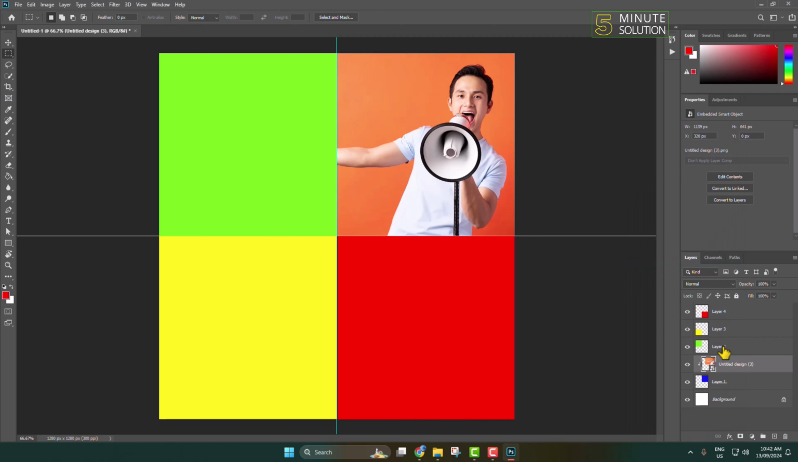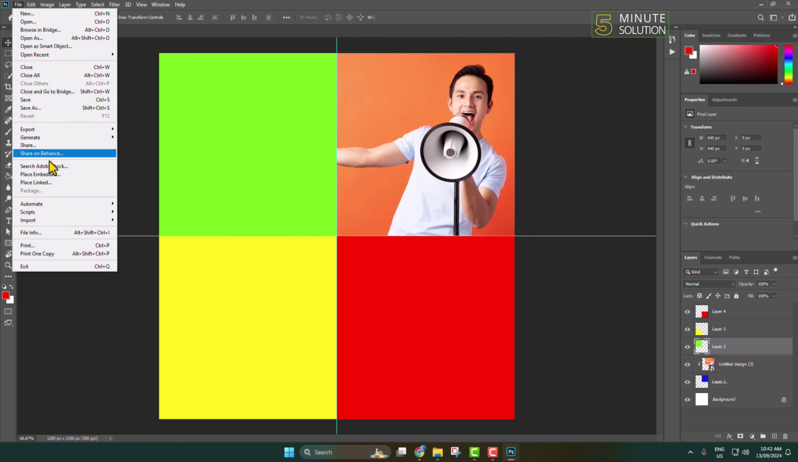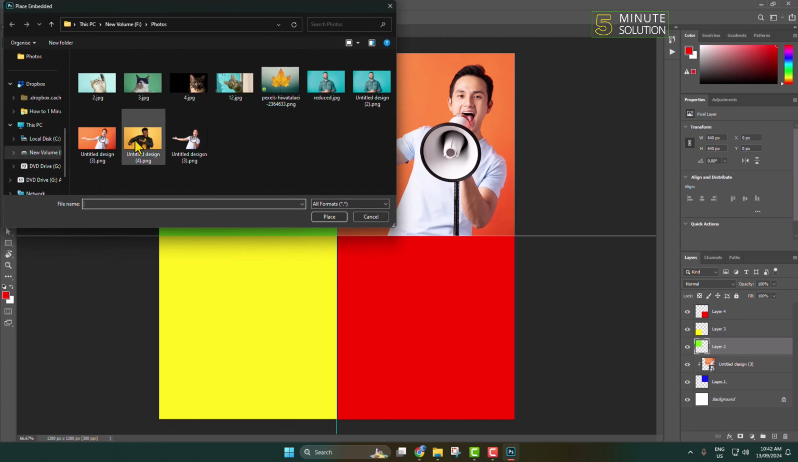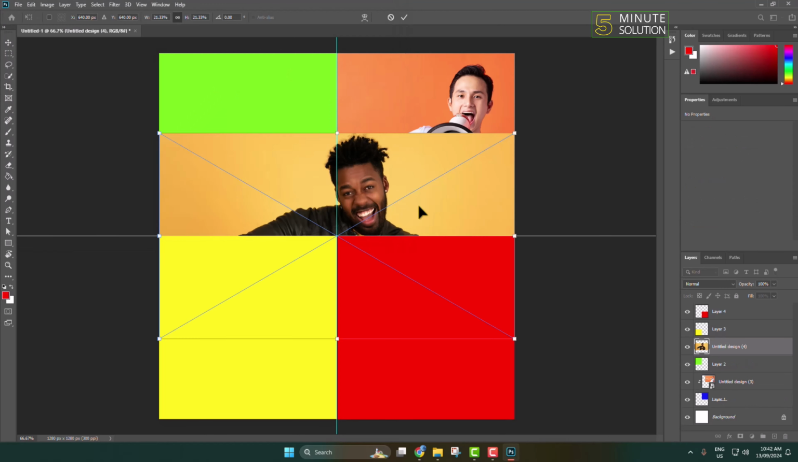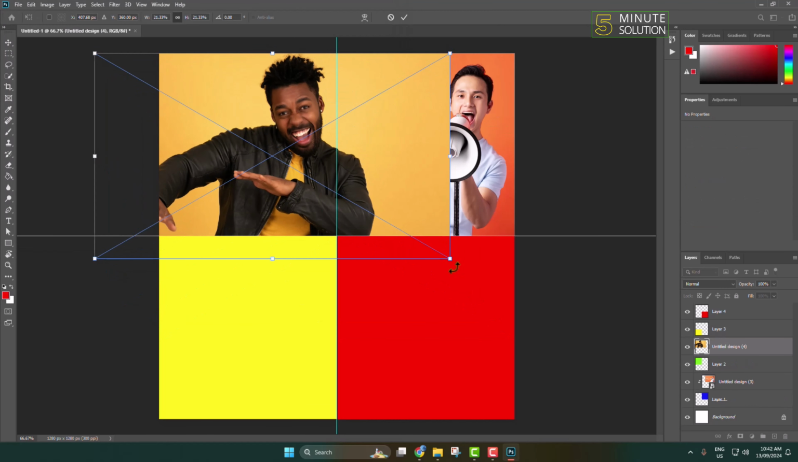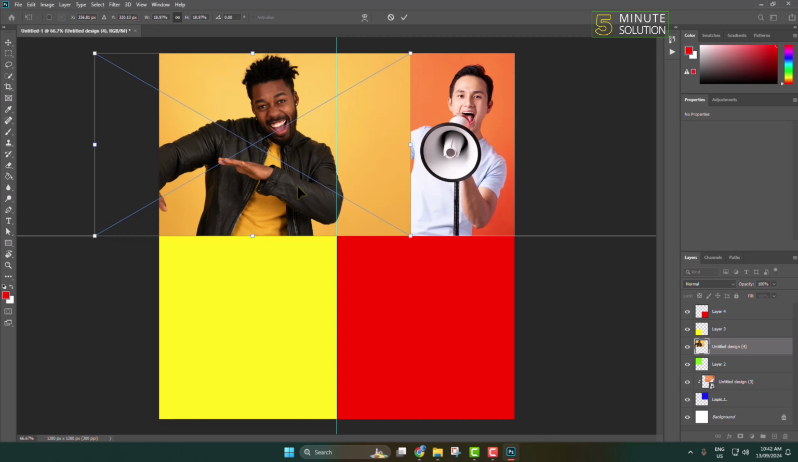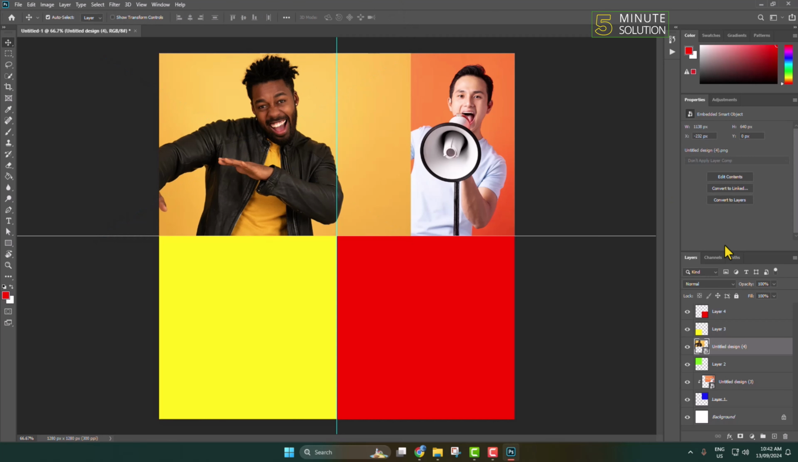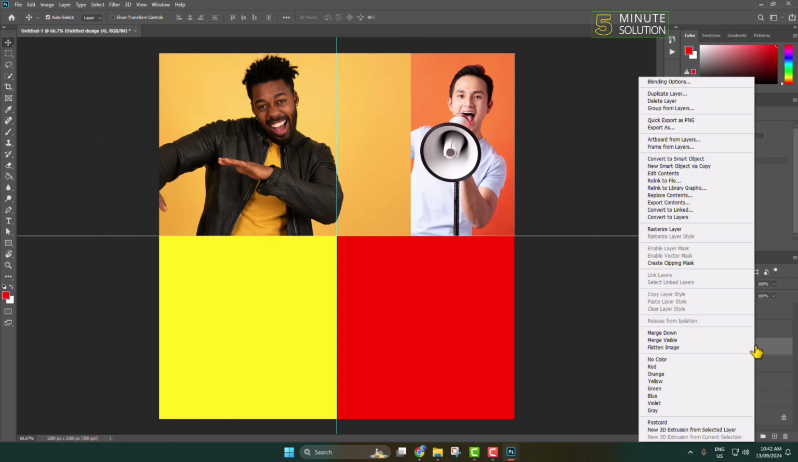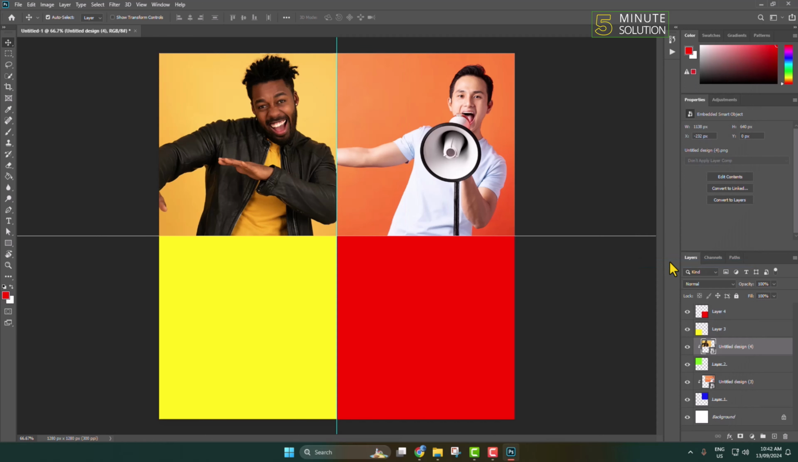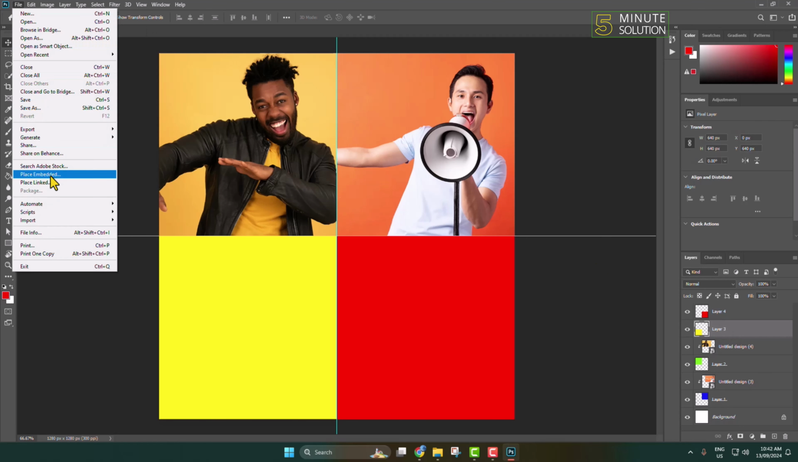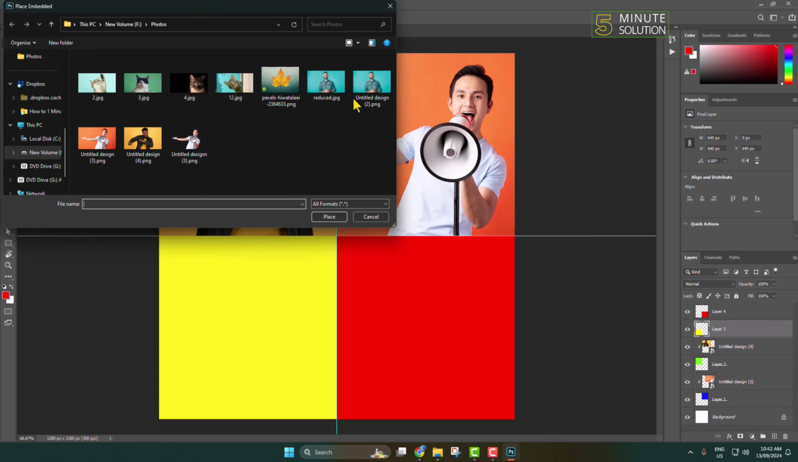Now select the second color box and go to File, Place Embedded, select your second photo and place the photo, click on OK, right click on the second image layer, create clipping mask, and now this time select the third color layer, go to File, Place Embedded, select your third image,